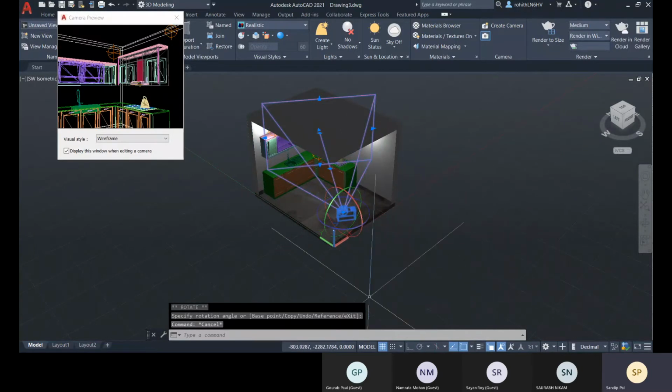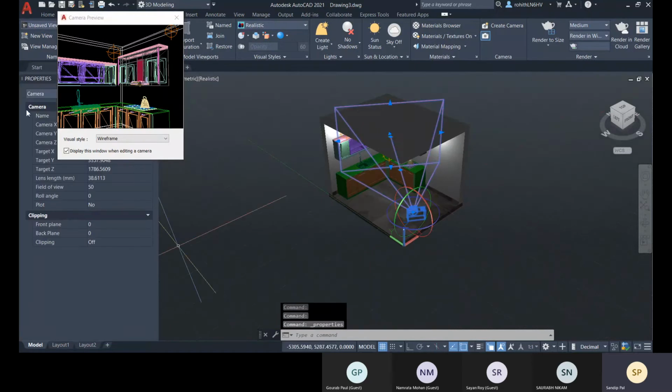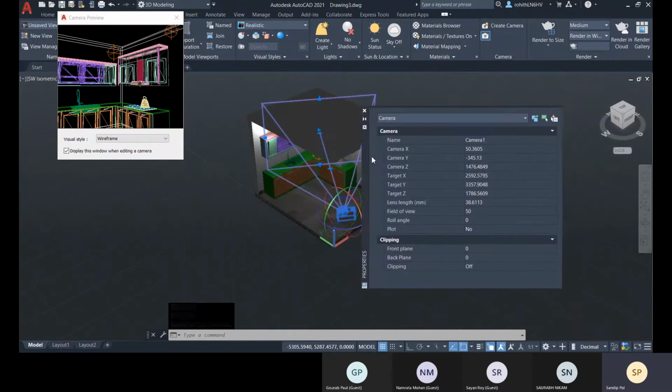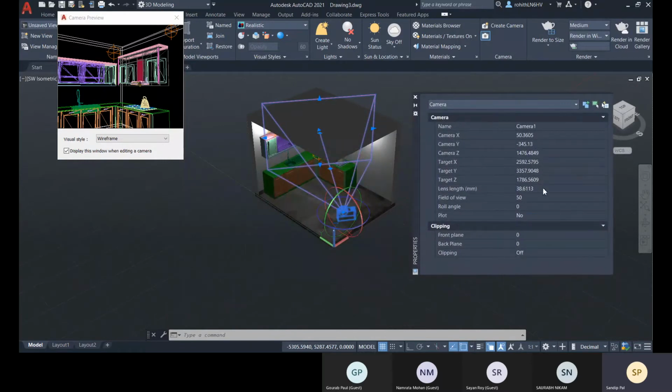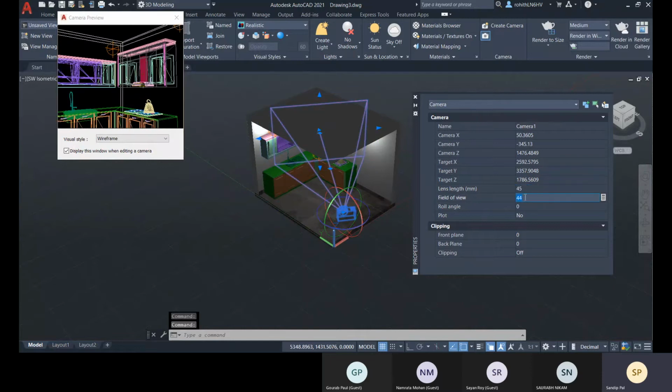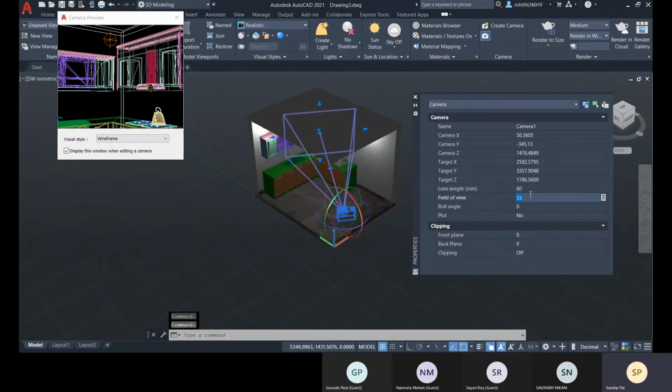Now this is the position, and the control 1, change the lens. Okay, so there you can see the changes, and according to that also the field of view will be updated, so that is interlinked. Okay, so that you can change.